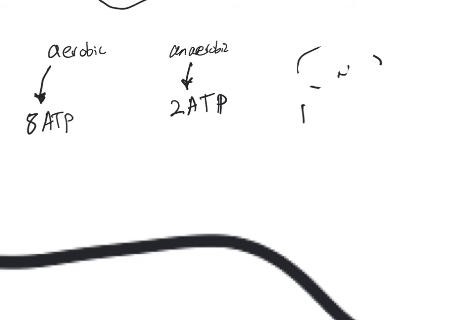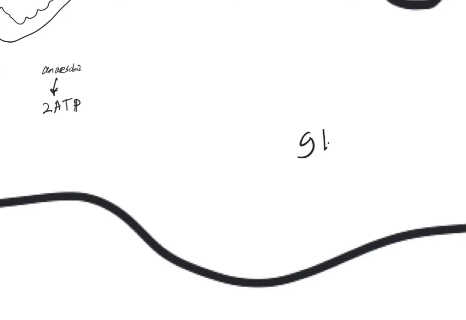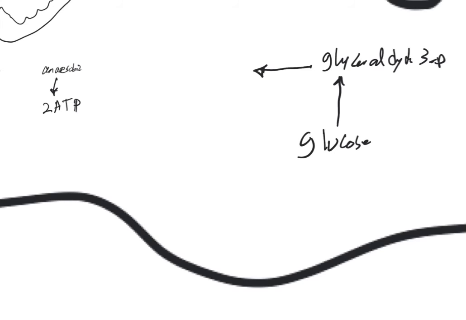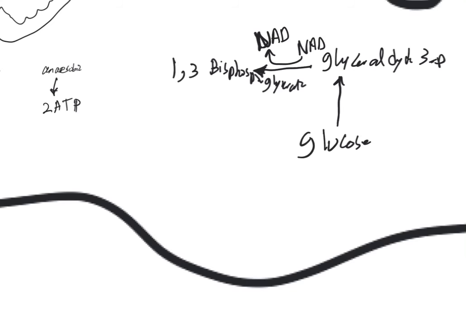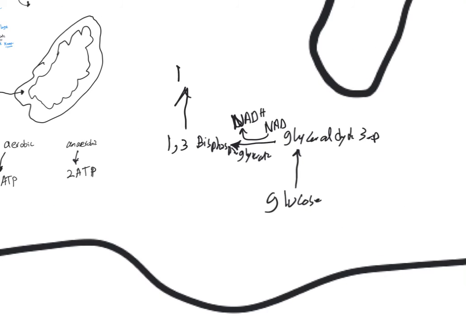So let's see here. As I mentioned before, we have said that glucose is turned into what? Glyceraldehyde 3-phosphate, right? And then from there, this glyceraldehyde 3-phosphate would go through dehydrogenation into 1,3-bisphosphoglycerate, right? And I said dehydrogenation means that it uses NAD, okay, and NADH was produced, right? And from there, 1,3-bisphosphoglycerate would go to pyruvate, right? But then pyruvate,